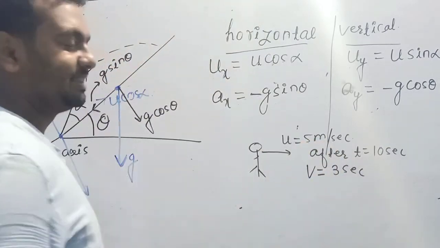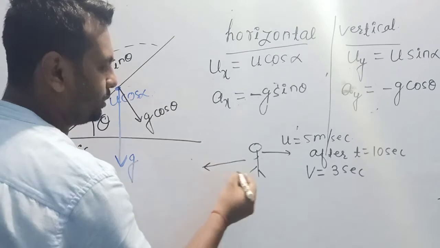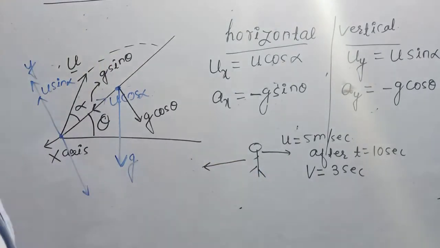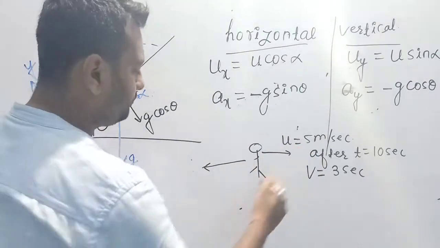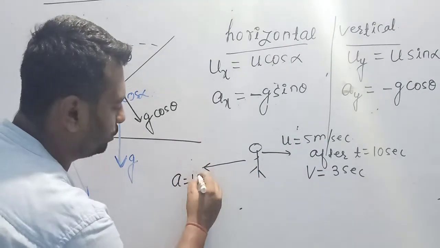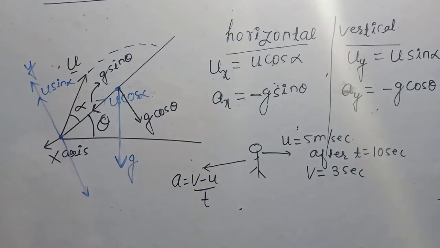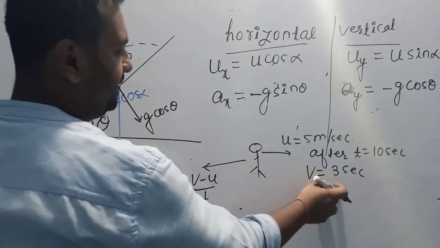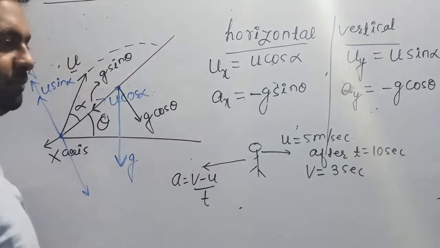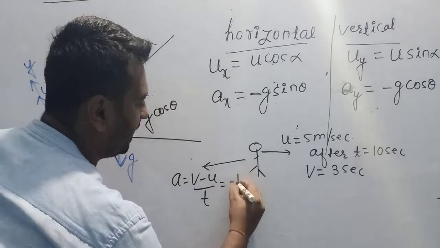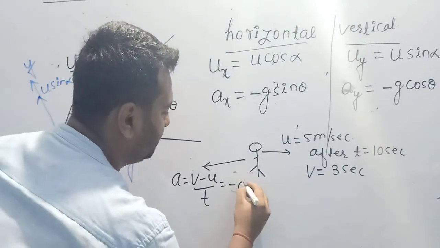Its velocity is decreasing, hence the acceleration produced in this object will be negative. Acceleration is equal to v minus u upon t, final velocity minus initial velocity divided by time taken. 3 minus 5, that is minus 2 upon 10, minus 1 by 5, or you can say minus 0.2